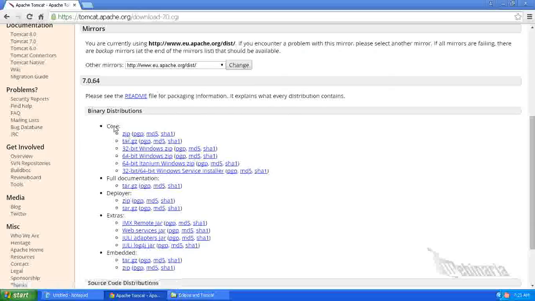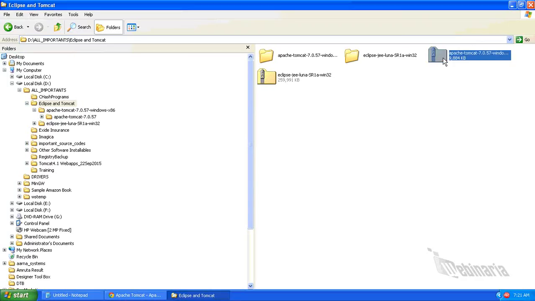So under core, you will find zip. So download this zip file. This zip file will contain Tomcat. I already downloaded this zip file. This is the zip file.